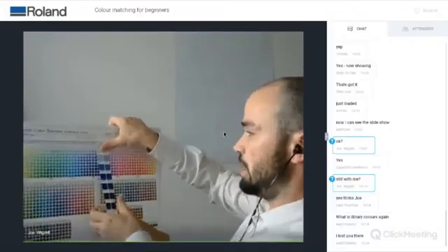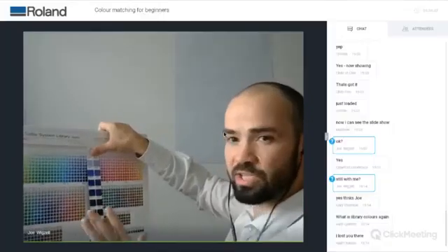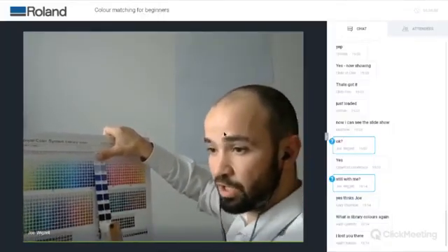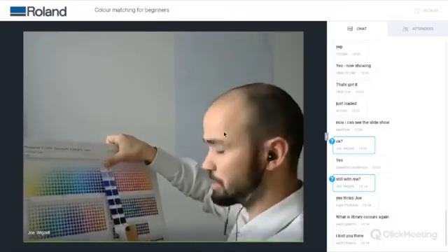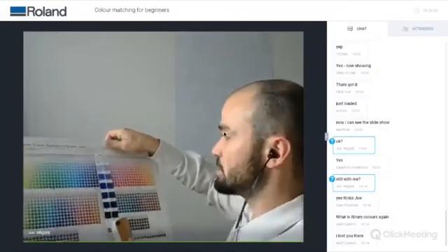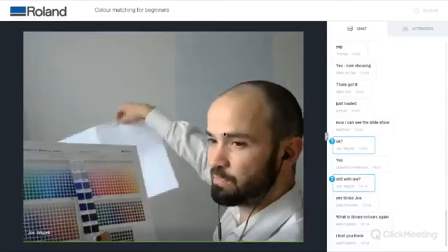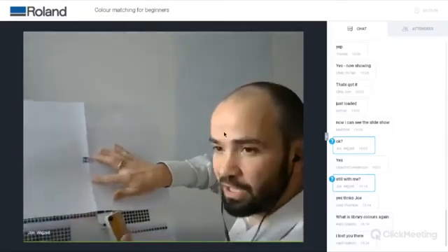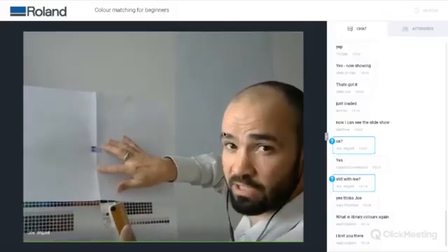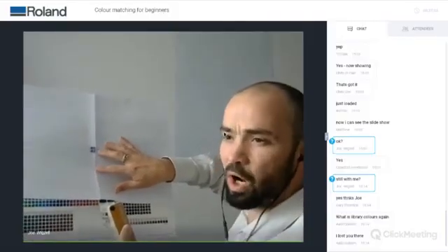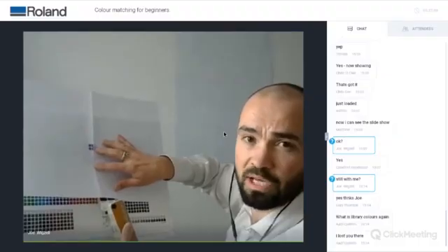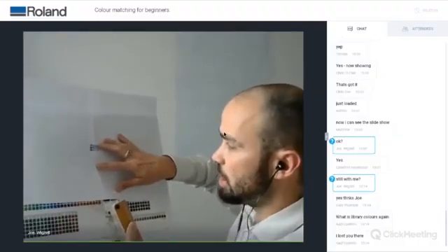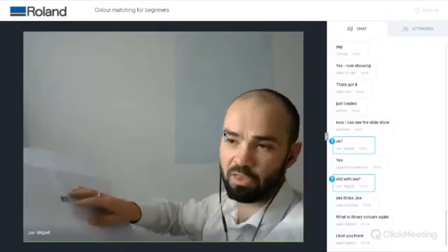Now, whilst I'm matching this, what I might want to try and do is isolate the colors. The library colors, I'll come back to that in just a moment, just seeing a question pop up there. Okay. So what I'm going to do is put on this sheet of paper, which has got a little hole in the middle, to mask off the colors. So I can just see the colors that I'm trying to match. This means that my eye isn't going to get confused by surrounding colors. So I'm just masking off the colors to see, and I move my color swatch until I find the